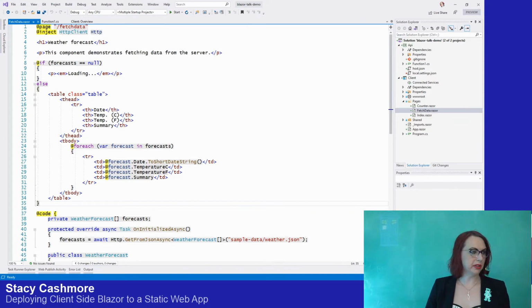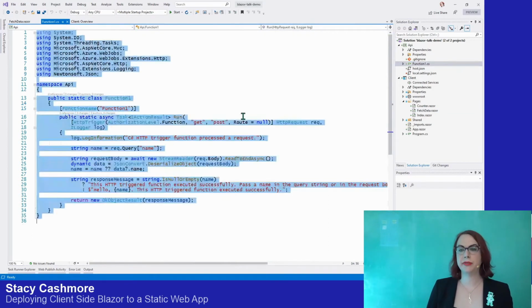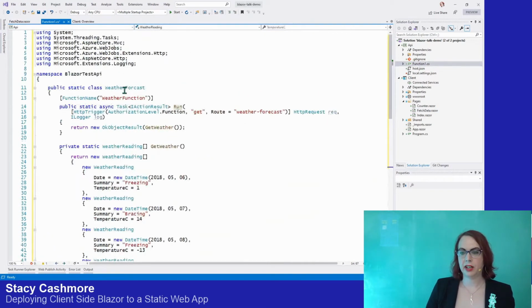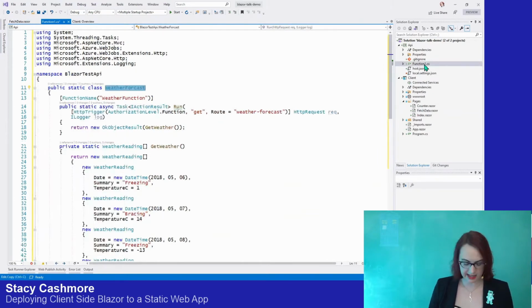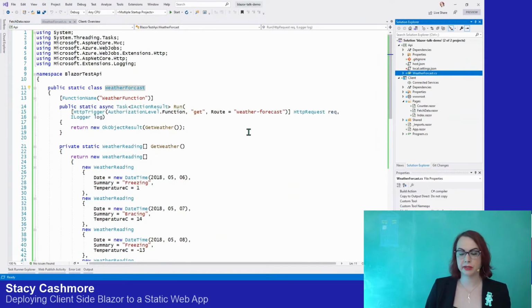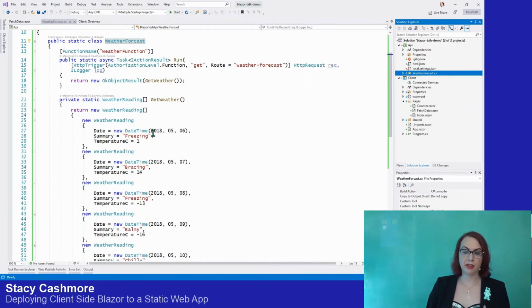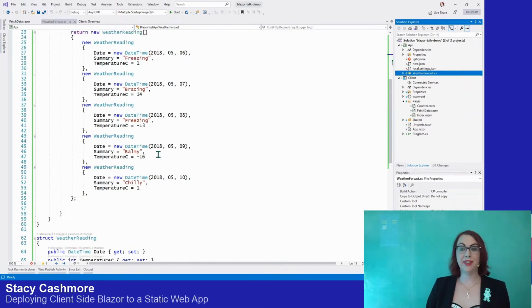So I've got some code that I'm going to copy over here. And I'm copying the code because you really don't want to watch me mistype words for the next half an hour. We're going to come into our API. We're going to replace the function with a class, which I'll go through in a second. And just because I really hate having classes and files with different names, I'm going to rename this to WeatherForecast. Now this file, it's really simple. It just returns an array of those weather readings in the same format as the JSON file has. In fact, literally, I copied this